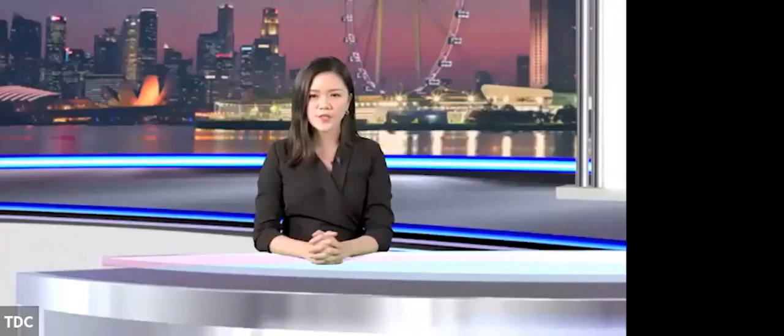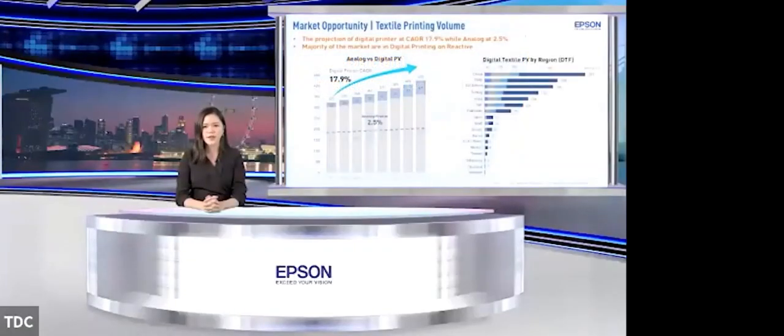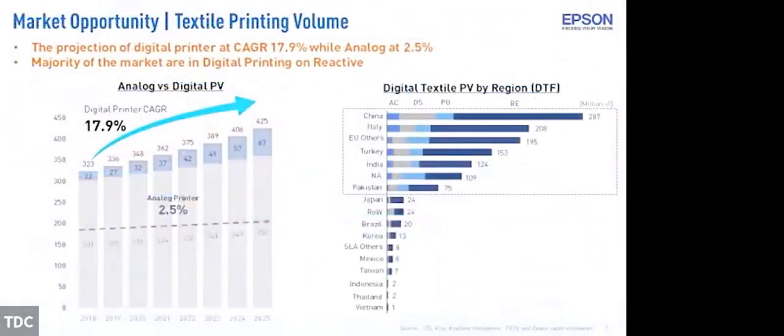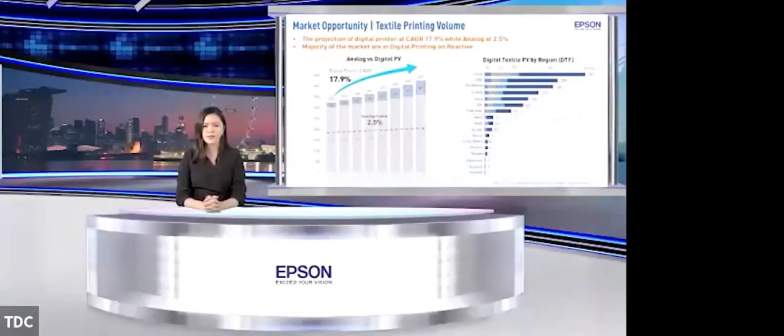Moving on to market opportunity for digital textile. The chart on the left shows the projection of analog and digital print volume, and in terms of digital growth, it is at a CAGR of 17.5% compared to analog at 2.5%. With this projection, looking at digital textile printer volume by regions, we see a fair bit of growth in Pakistan and India. Research has also shown that most of the digital market is printing on cotton,